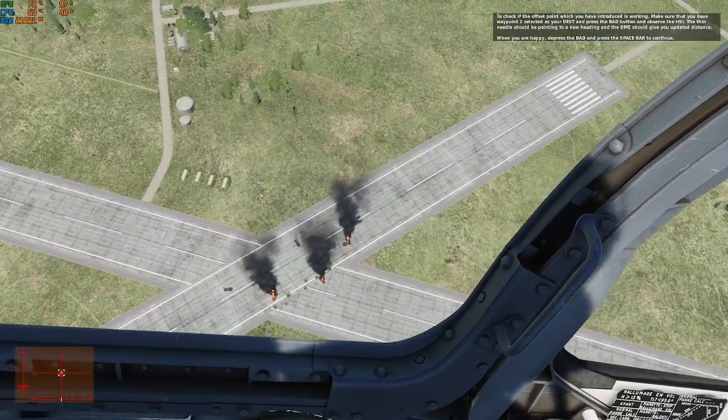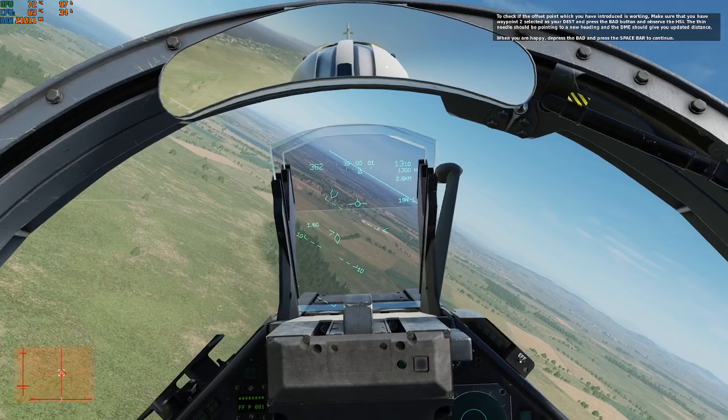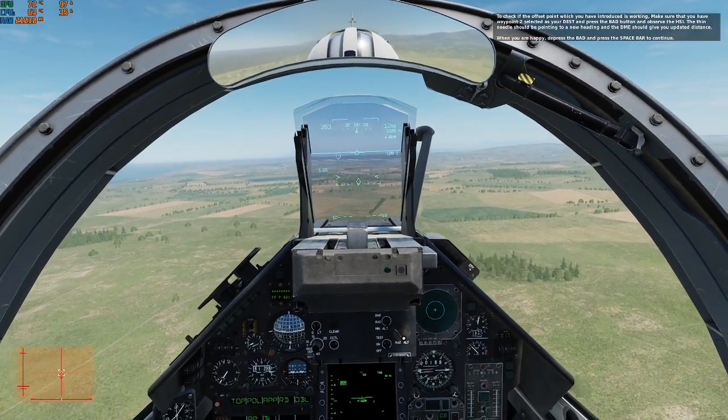To check if the offset point which you have introduced is working, make sure that you have waypoint 2 selected as your destination and press